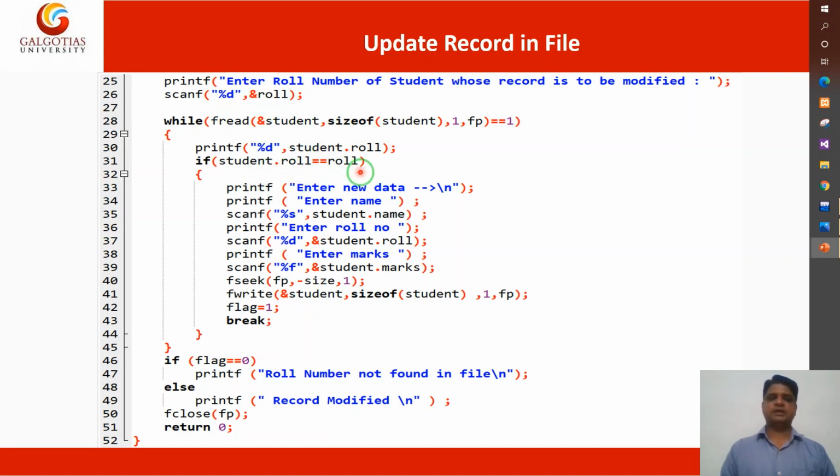If the roll number is matched, then you will collect the data for the new operation. And minus size, what is the meaning of this? One minute, I am just showing you.